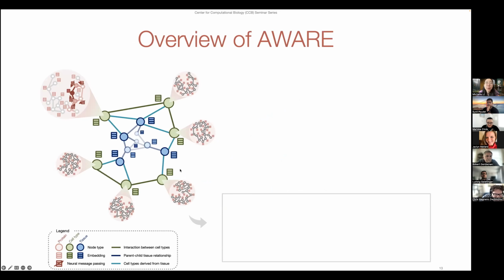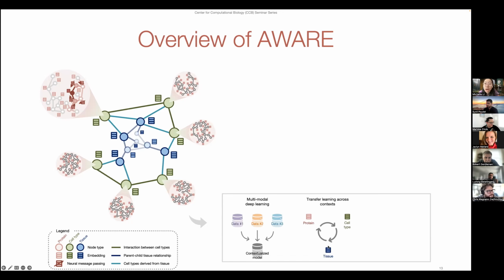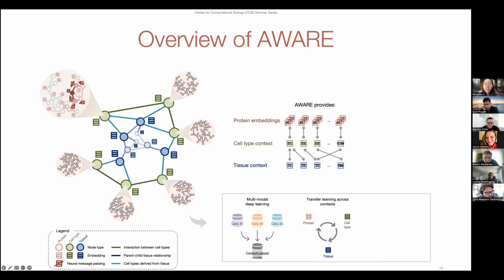And with all of the networks together, we have 156 cell type specific protein interaction networks and one metagraph of cell types and tissues. And our algorithm, AWARE, is able to learn representations for every single node in these networks. Concretely, AWARE allows us to integrate multiple data modalities using deep learning, integrating single cell transcriptomics data with interactome data, as well as tissue hierarchy, and perform transfer learning across the different contexts from proteins to cell types to tissues, and as a result, produce a multi-scale embedding space that contains nearly 400,000